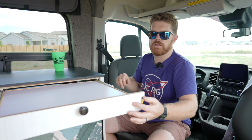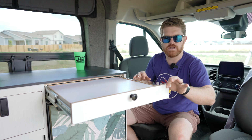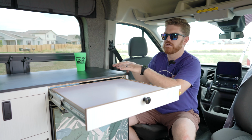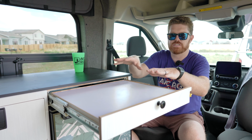So this thing has a locking drawer slide, so it can lock in and out. If the van is off camber or something like that, that means this isn't gonna slide in on us. It comes out and it locks in place so that it's nice and firm. This gives us a little bit more work surface here in the van. So if I have like a camp stove set up on the countertop, I still have a place to do